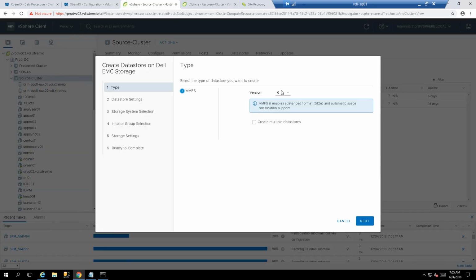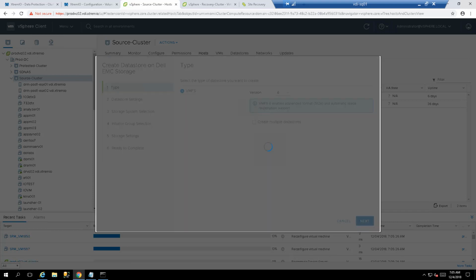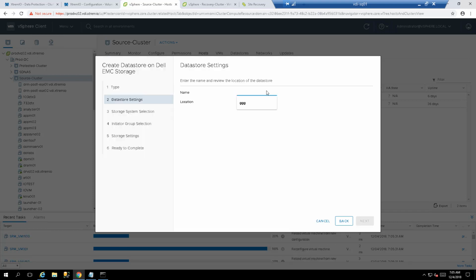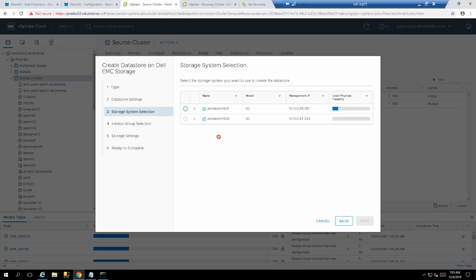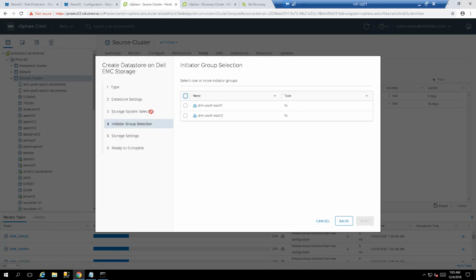I'm going to select VMFS based on VMFS version 6, and I'm only going to create one volume, so there's no need to click Create Multiple Data Stores. Click the Next button. Give that volume a name. Let's call it temp 0001. Click the Next button, select the same XMS that I want to provision that volume from. So in this case, it's XBrick DRM1631. Click the Next button,